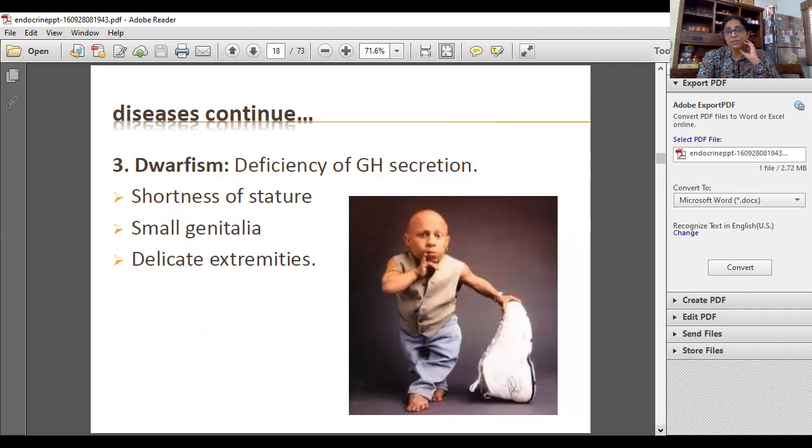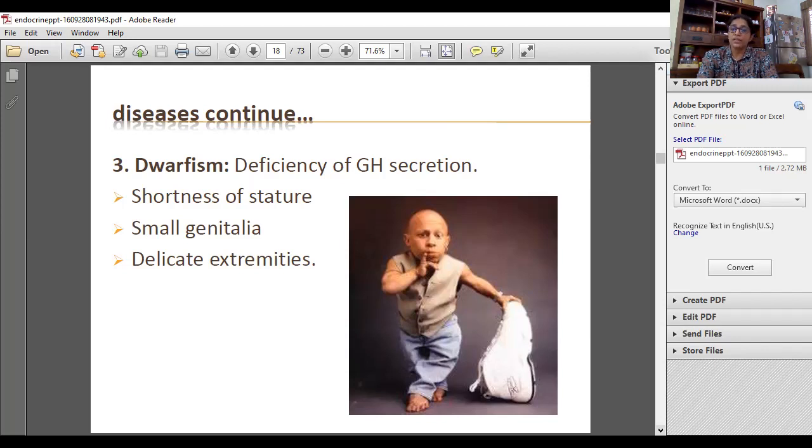And one more very important thing which I would like to mention here is that this dwarfism results in smaller body size, but not in sexual inability. If the dwarfism is because of panhypopituitarism, then there is an effect on the fertility of the person and the ability to perform normal sexual activity. But if it is only because of the growth hormone, the size may reduce, but it may not affect the person's ability to perform sex.